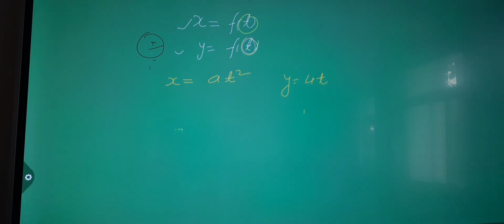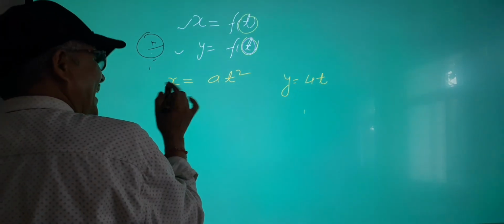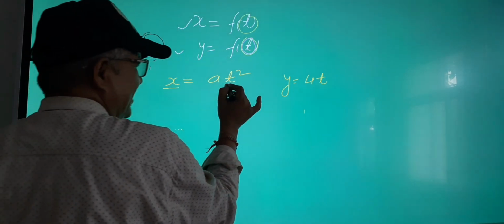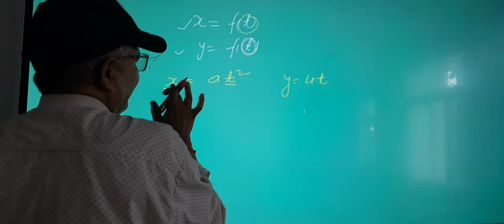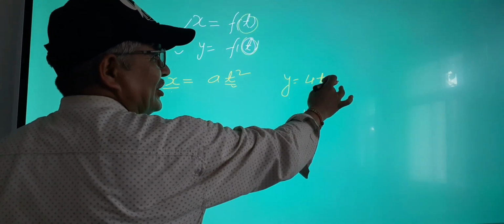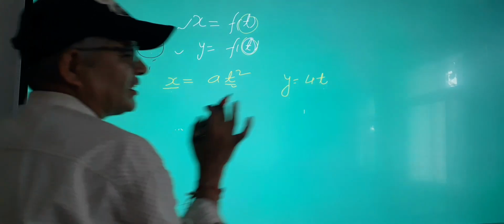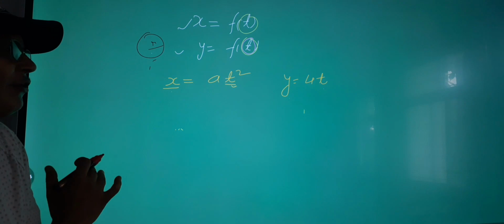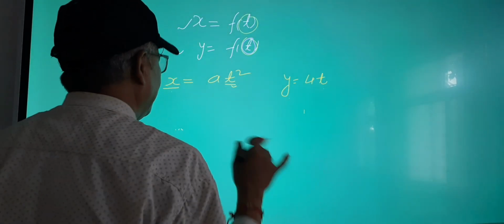Visible. Okay, now if you want to differentiate it, what should I write? x will be differentiated with respect to t, because these are parameters. I just told you that two functions x and y are expressed in terms of a third variable, that is t. That type of function is called parametric, and in Hindi it is called prancholik falan, that is parametric function, for Hindi medium students.